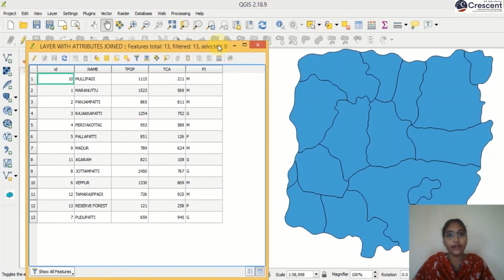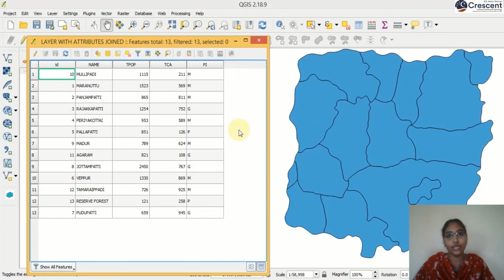So this is the end of exercise 4. Today we have added an attribute table as a direct join in your inbuilt GIS layer. The other 3 attributes were joined with the help of your external table link or join.